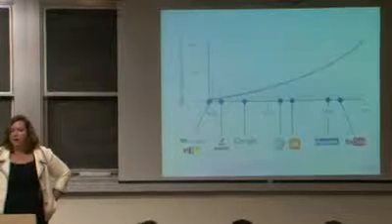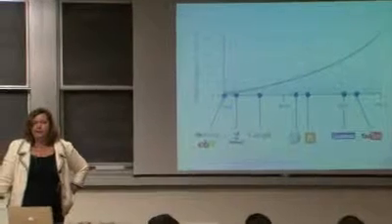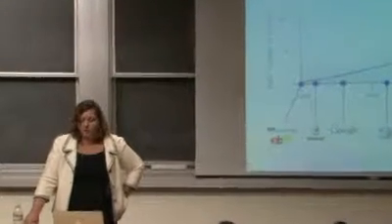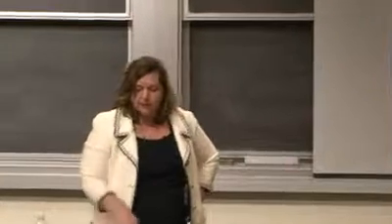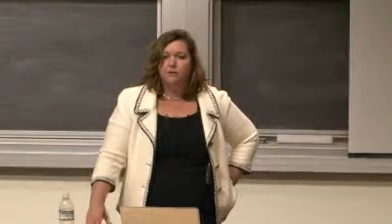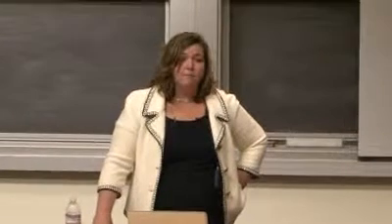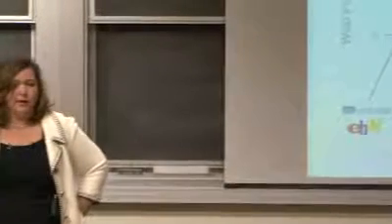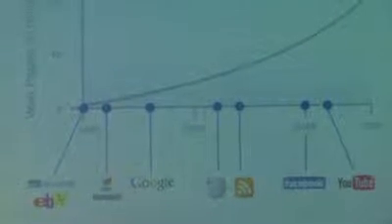The web has grown super exponentially, because it still looks like an exponential, even plotted on log scale. And you can see when each of these properties came on the market. So when Alta Vista came on the market, it indexed over 50% of the web. And when Google launched, it indexed about 50% of the web.